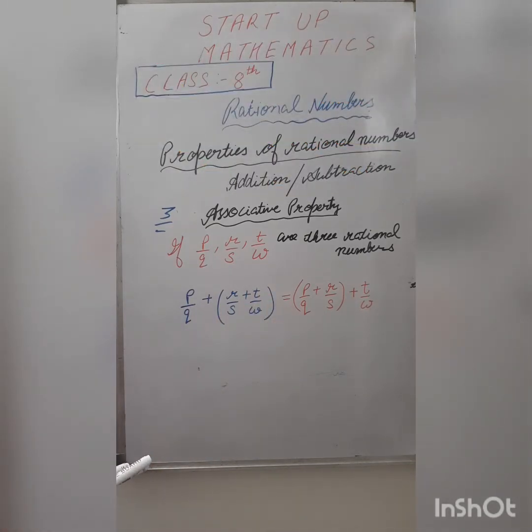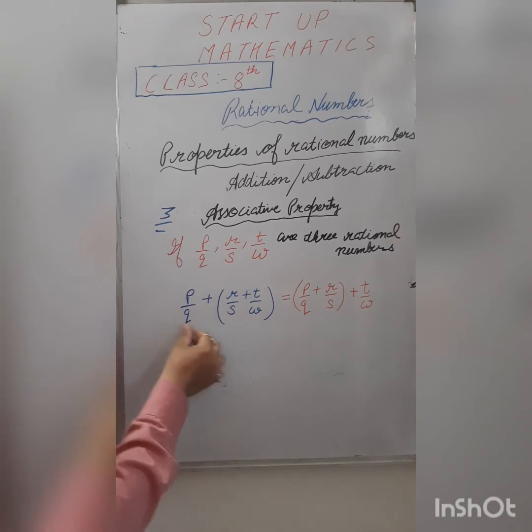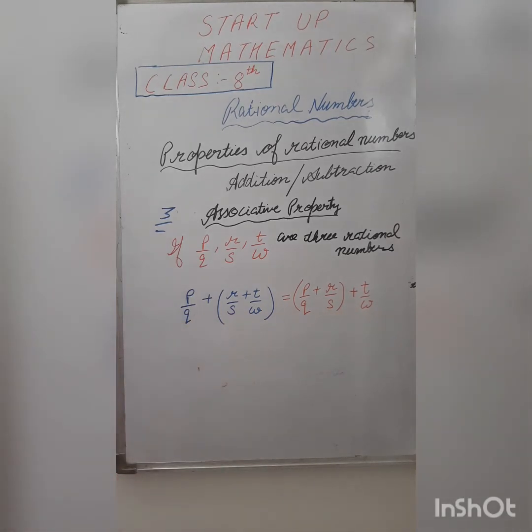This is our third property. It's related to your second property. So you can add two rational numbers, means the sum of these two rational numbers is added to the first, and the sum of the first two rational numbers is added to the last, right? So this is the third property.